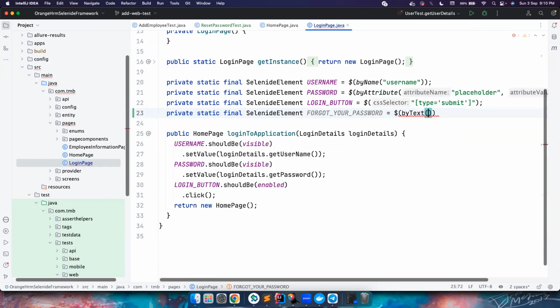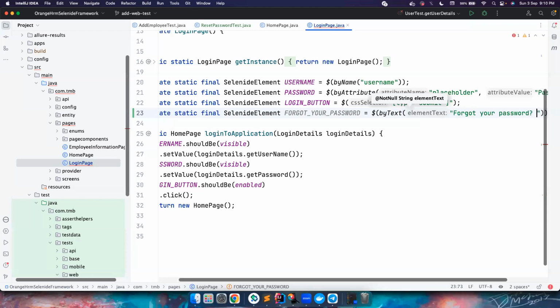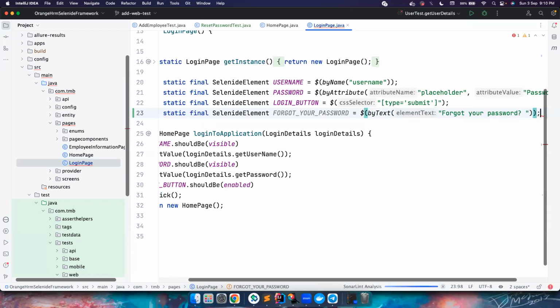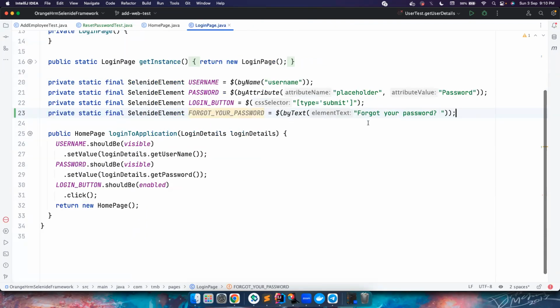Okay, so I want to find the element by text. That's the beauty about Selenide. I'm not really worried about any other stuff. I don't worry about XPath and all that stuff. I just want to find the element by text, and this is the text. Once I find it, I can create a wrapper, a public